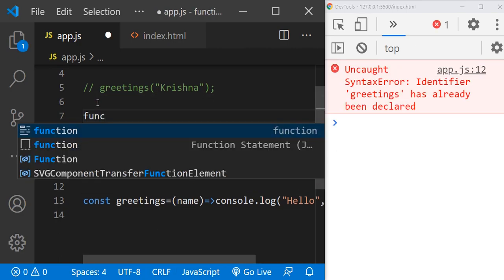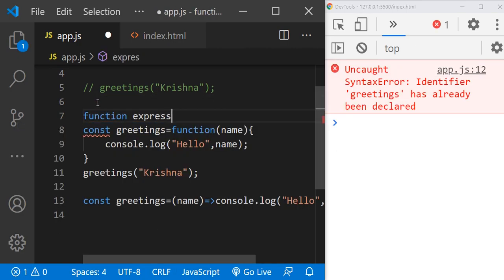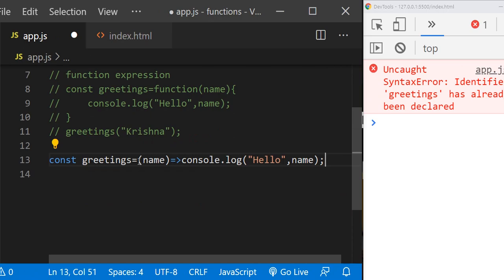So this is called an arrow function expression. I will tell it one more time. Here name and these brackets are equal to function plus name, and here equal to and this symbol, nothing but an arrow mark, then whatever statement we have will come here. And how to call it? Same way. There is no difference in calling the function. Greetings and whatever name you want, you can pass it.